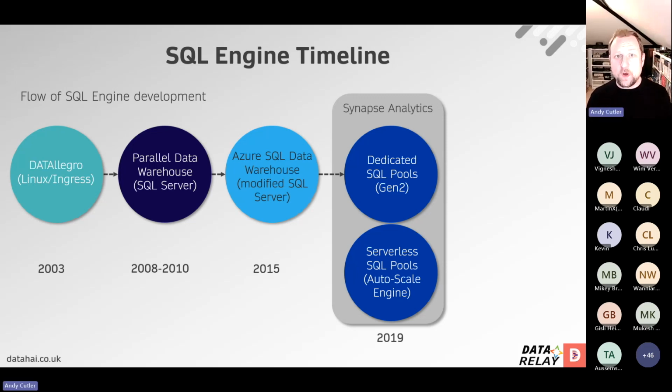When you run a SQL query in Serverless SQL Pools over data that sits in a data lake, the engine calculates, well, how many nodes, how much compute do I need to run this query? And I'm going to scale out, meet the demands of this workload, and I'm going to deliver the results back